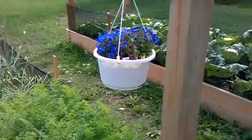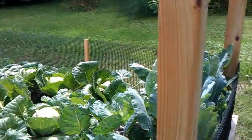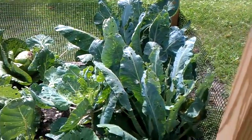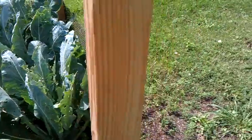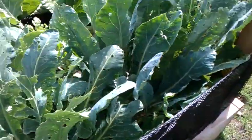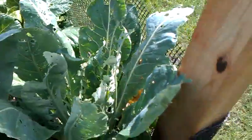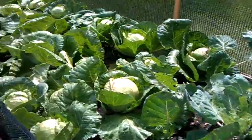Anyways, I don't know if you can see these white butterflies flying around. They've wreaked havoc on my cabbage, and especially my Brussels sprouts and cauliflower. In fact, didn't get any cauliflower heads this year. Just lots of caterpillars eating everything up. So I'm not sure if I'm going to grow those at all next year,